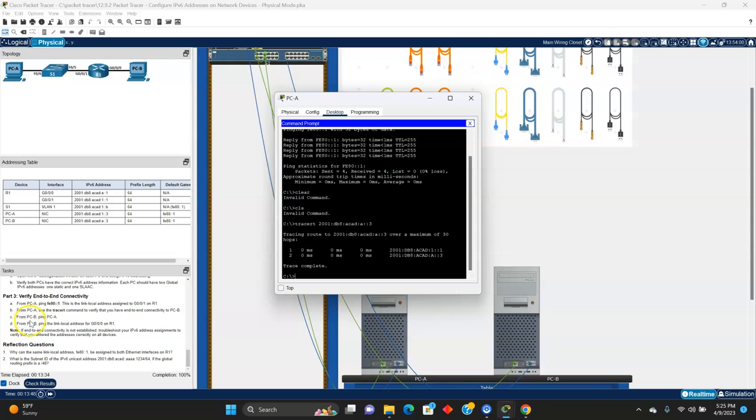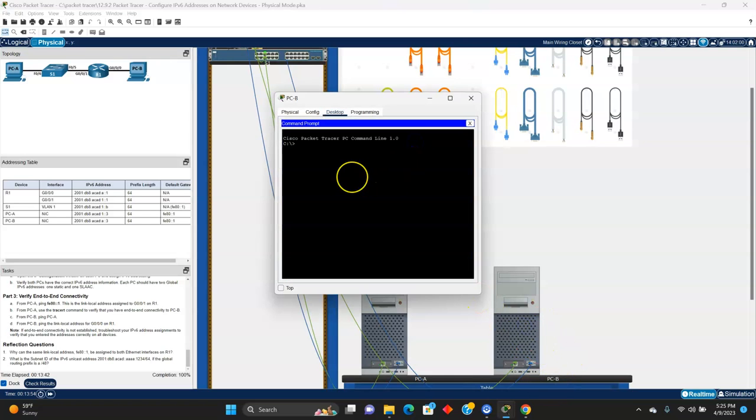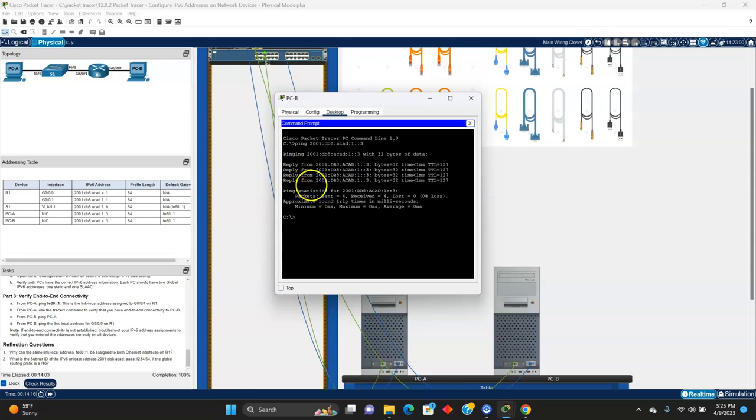So on the next one, it says from PCB ping PCA. We can do that. We go to my PCB, which is right here, go to my command prompt. It says ping PCA. So our PCA IPv6 address is going to be right here: 2001:DB8:ACAD:1::3. As you can see here, all of our packets have gone through. So that means we have successfully configured our routers and switches, and now both of our PCs are able to